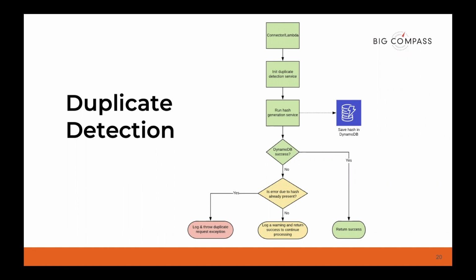But if I didn't, I just know that something happened in my connectivity to Dynamo, and all I'm going to do there on the middle path is log a warning and return success to actually continue processing, because we decided, at least for this platform, that if we can't actually reach out to Dynamo in this case, we don't want to actually stop processing. In some cases, maybe a duplicate is so business critical that you wouldn't want to move on without doing duplicate detection. But in our case, it wasn't business critical.